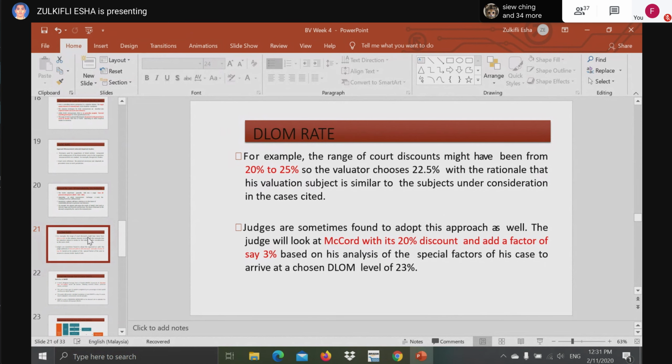So that's all about the law. The law is very simple. It has only two slides which explain about the law. So it is easy to say. Whether it is the rate for the law, or if you want to decide the rate for discount for lack of control or lack of marketability, normally the best